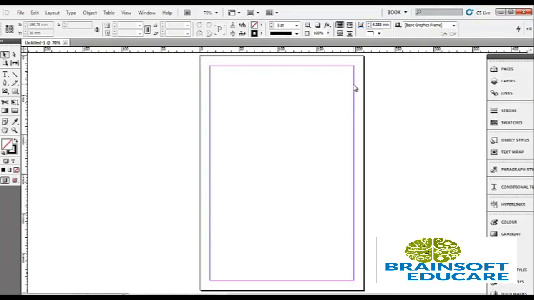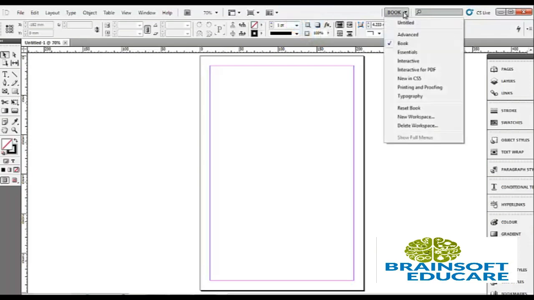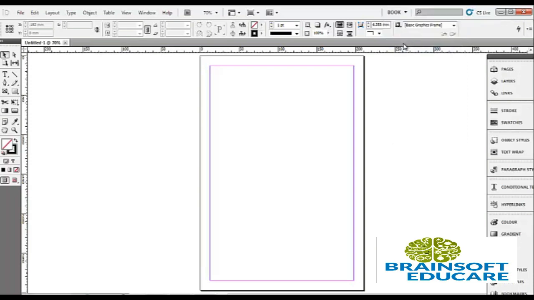This is our workspace. Here this is the tabbed document window. This is the application bar. This is the workspace feature. Here we use it as a book.